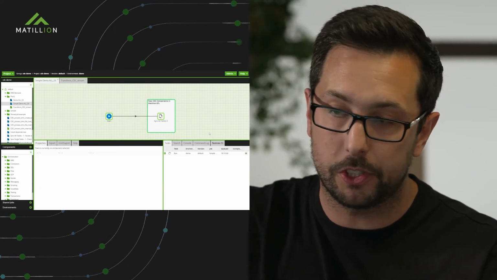So do users or customers have to go get a special edition, or is it just an upgrade? What do they got to get these new components? So if you update to the latest version of Matillion ETL, those components will be there, and the CDC capability is available in any enterprise subscription of Matillion. Sweet. So I've just hit run job